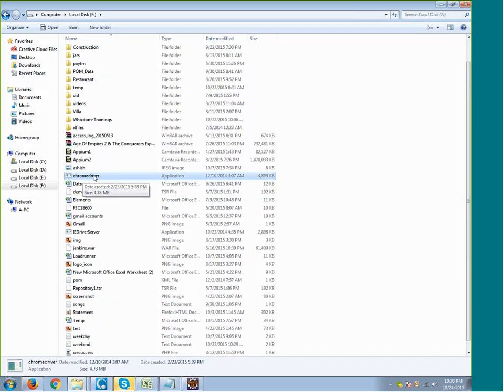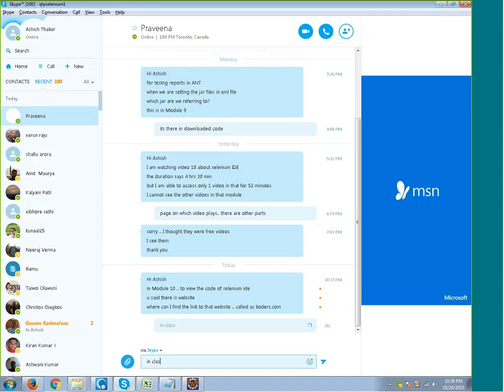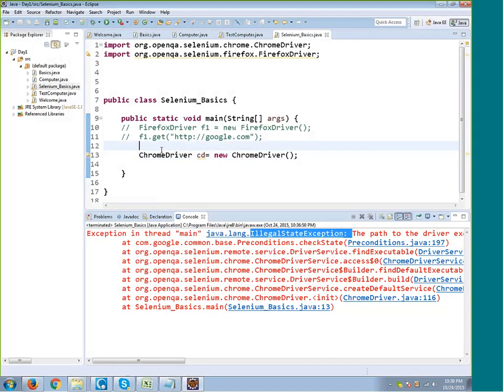Fine. Look, the thing is, don't run it. You will not get anything after running this. You have this Chrome driver.exe kept out here. Okay, you need to modify your code. You need to tell the path of Chrome driver. In the code, you need to write like this. That is